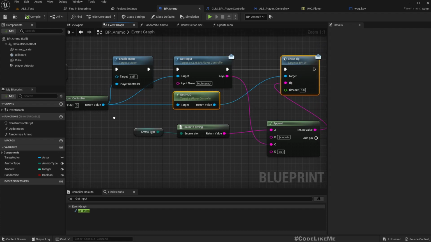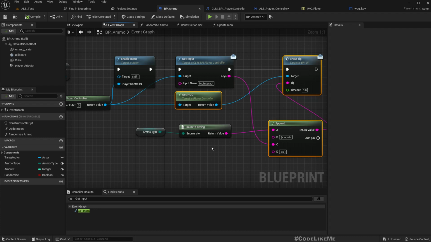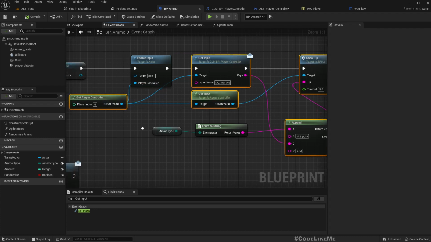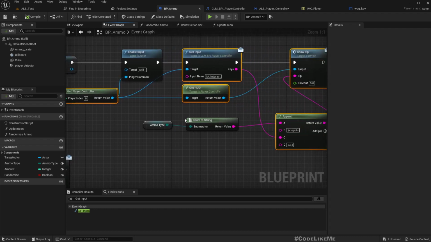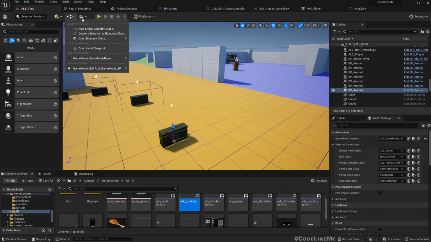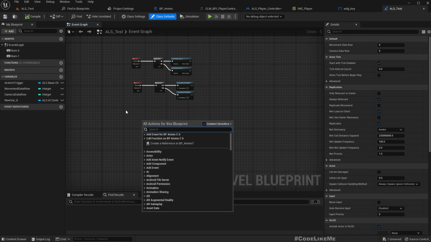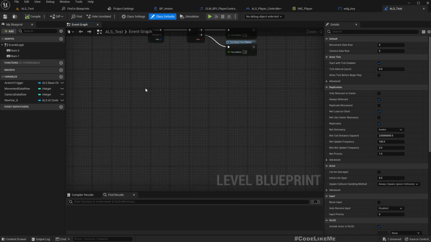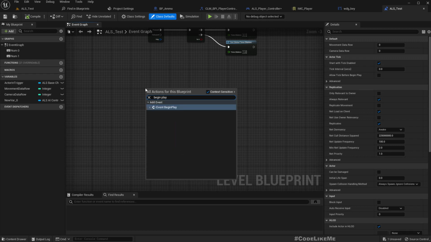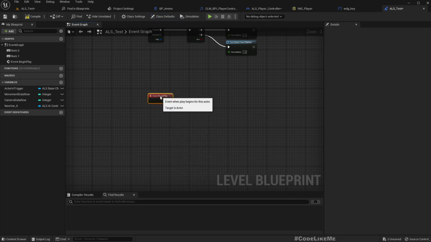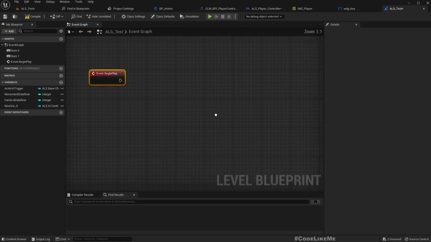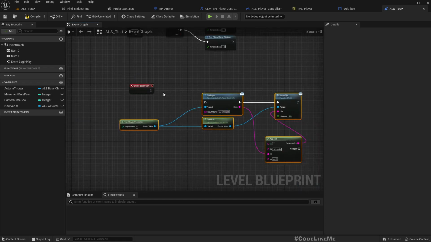So let me just copy this part, and here let's go to our level blueprint, and we have begin play now. Okay, let me paste this,